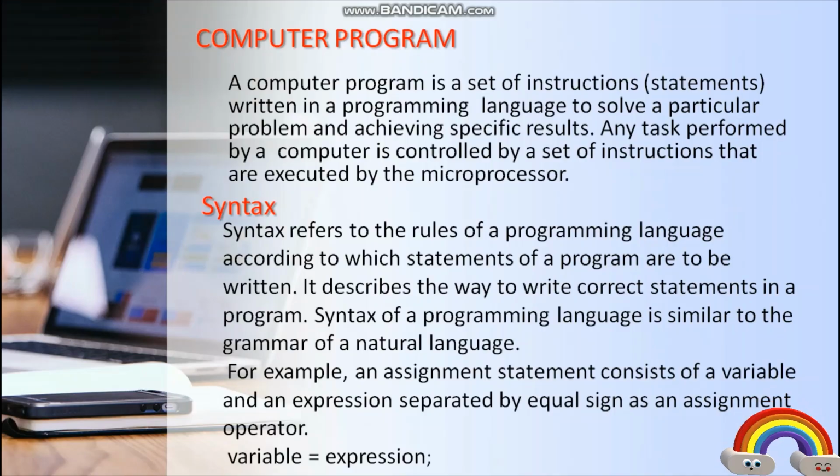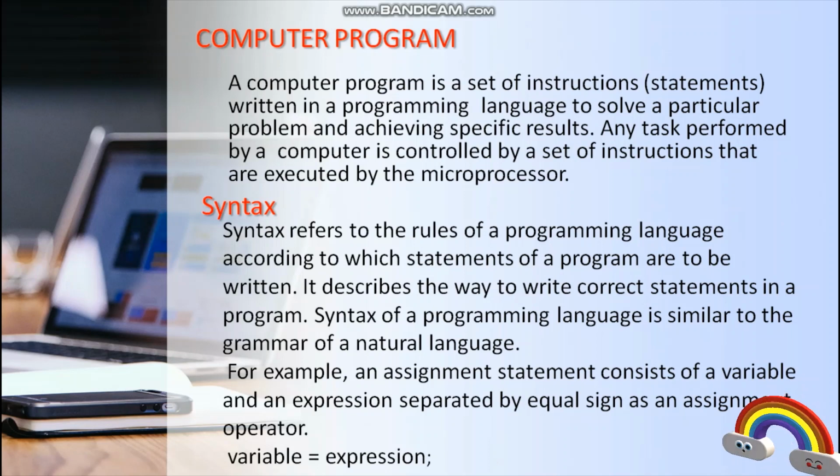So what is a computer program? We talked about the programming languages that are used to design computer programs, but the question is, what is a computer program? A computer program is a set of instructions given to the computer to perform a specific task or to solve a specific problem. These are the sets of codes, sets of instructions in a computer language given to the computer to perform the specific task. Any task performed by the computer is controlled by the set of instructions that are executed